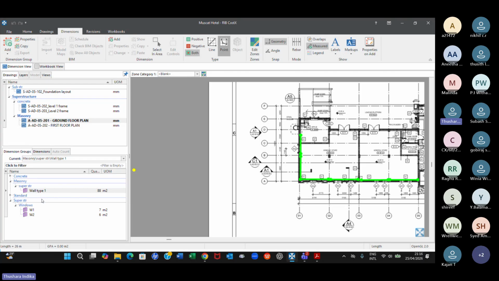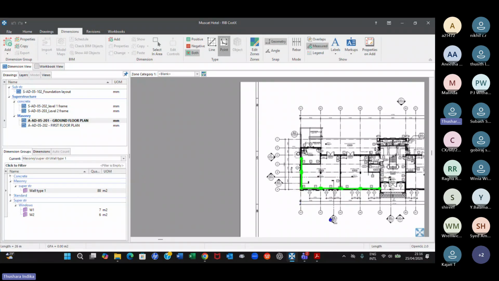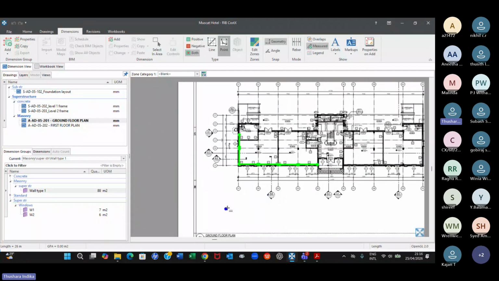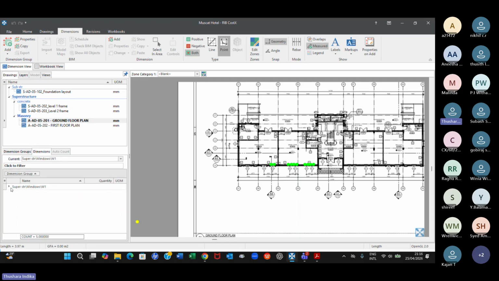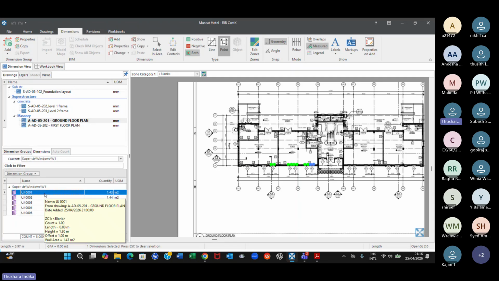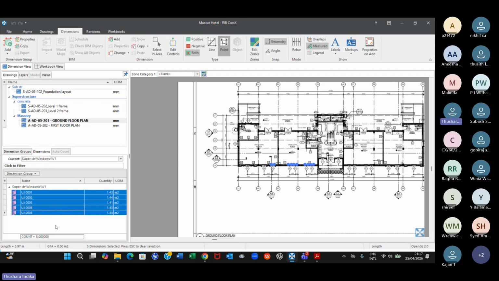Two methods. One is you can deduct W1 and W2 when you measure through the workbook, right? That is one method. I'm not going to do it again because we have already done it when we measured the concrete. The other method is now you can take these dimensions, go to the breakdown, each one, right? Let's say W1, W2, and so on. Right? You can copy this one if you can remember. You can copy